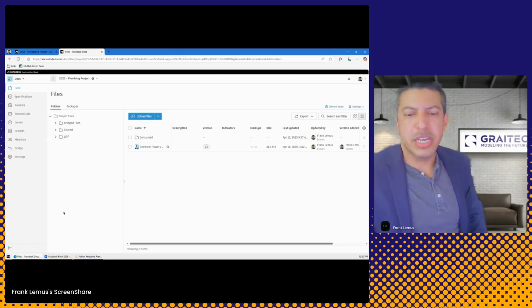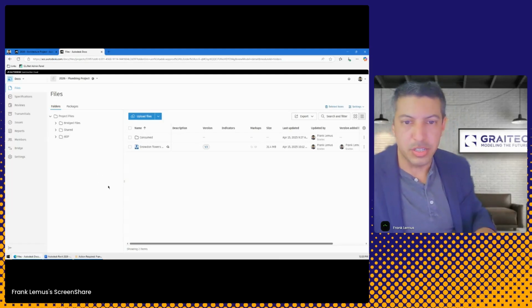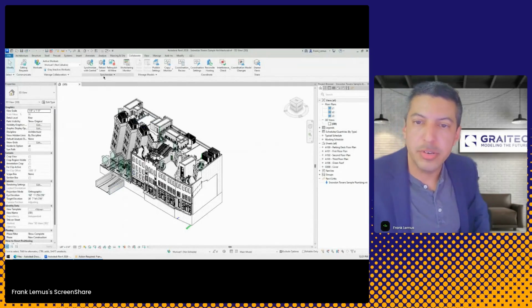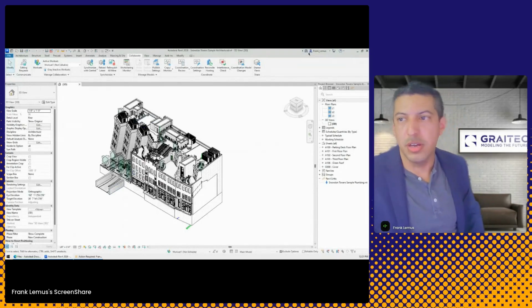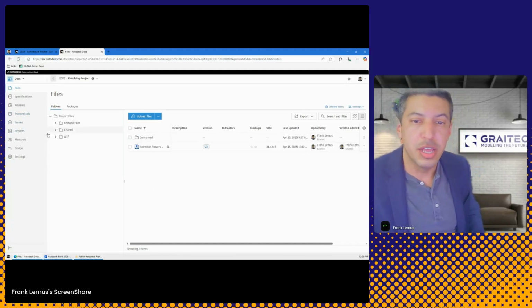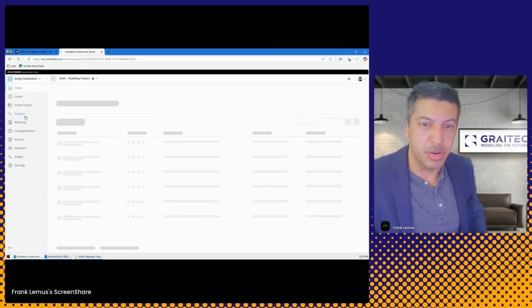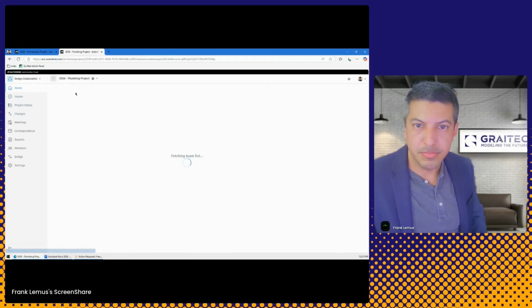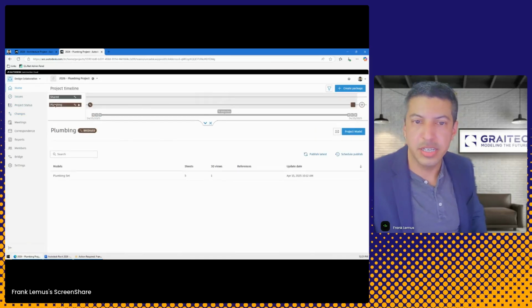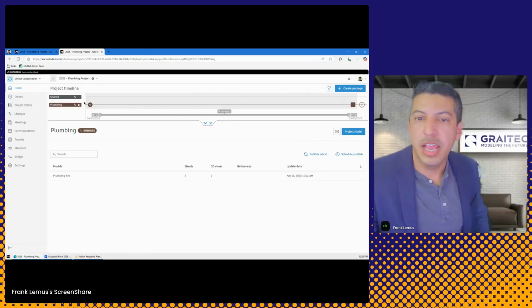So it would take a little while. I don't think I'll do it unless by popular demand you want to see the whole process. But what would happen is that I would come over. Now this is the architectural model, but I would come over, I would make my changes, I would synchronize Essential, and pretending to be the plumbing side still, I would publish it, which would update this to version 4. Then I would package it, which is design collaboration, extend the 3 dots. Under plumbing, I would say create a package after my latest publish, and that would,